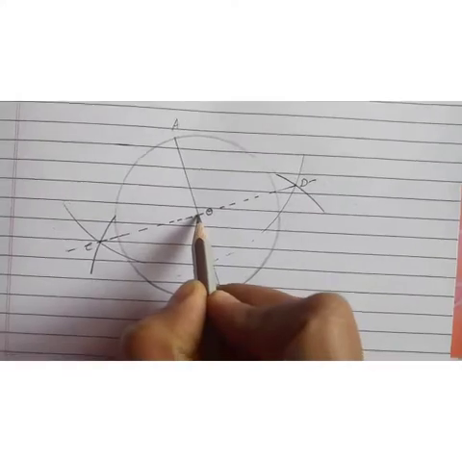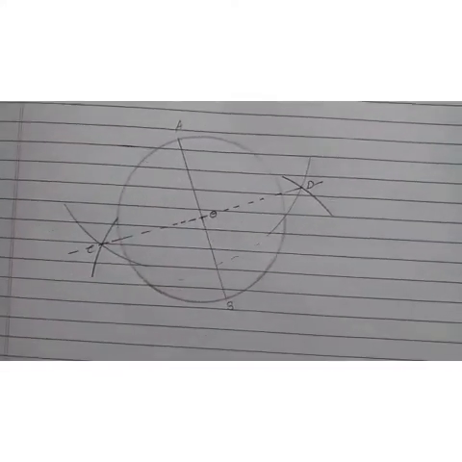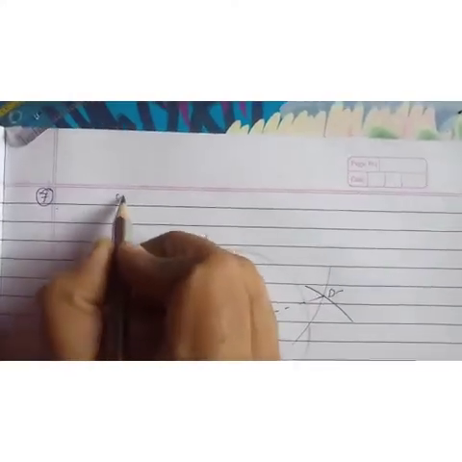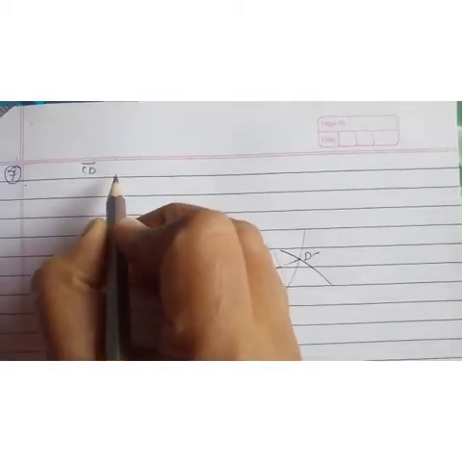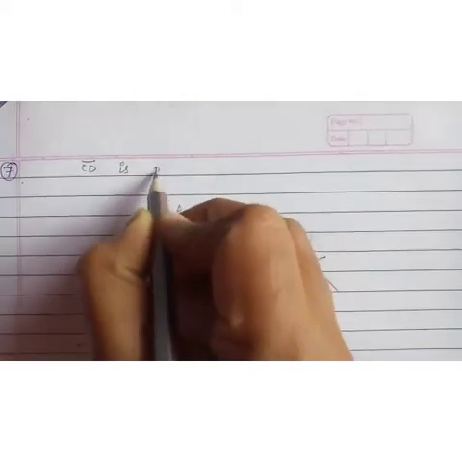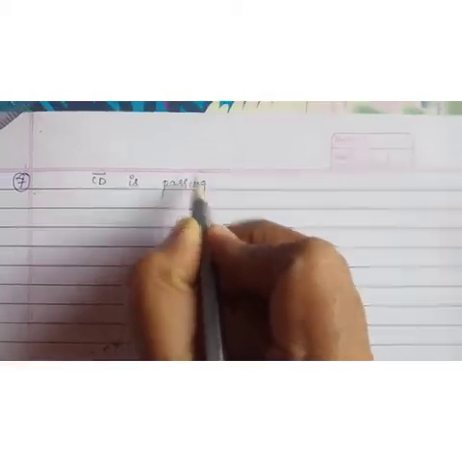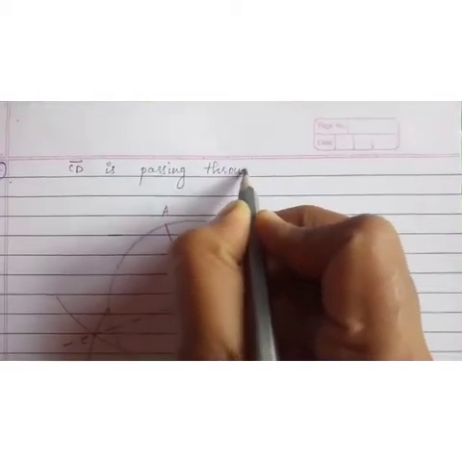It is passing through the center. So write a statement that CD is your perpendicular bisector, passing through the center